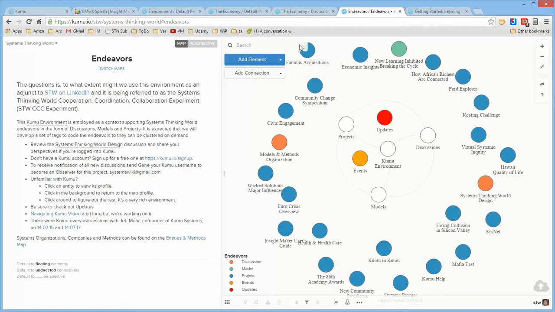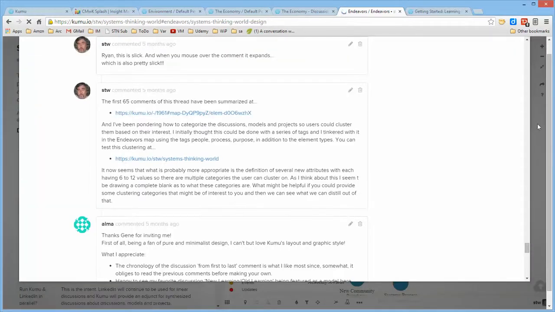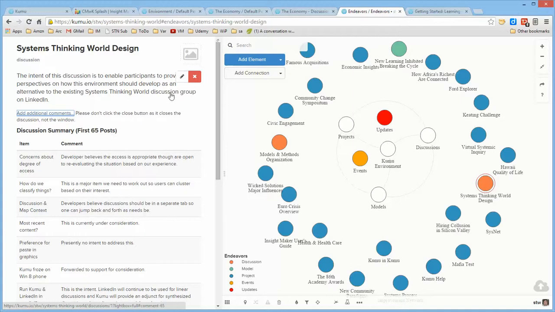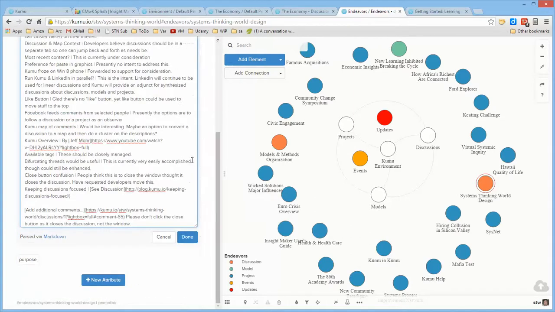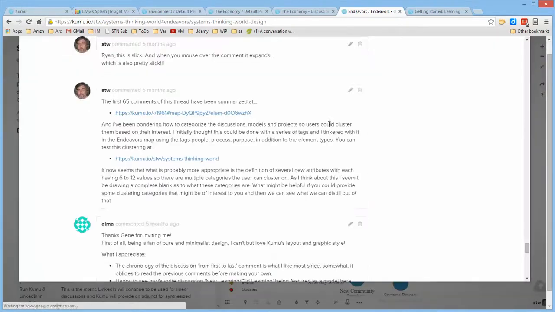The other thing that's kind of neat is, for this particular project that we were working on, as the comments came in, this was actually set up so that the comments ended up in a lightbox. If you look at this, we go to the top here, so that this is the URL for the comments itself. It's simply the URL for this project, slash discussions slash 1, and then I put in lightbox equals full and told it to start with comment 65. So when I click here, it doesn't take me to the beginning, it takes me to the 65th